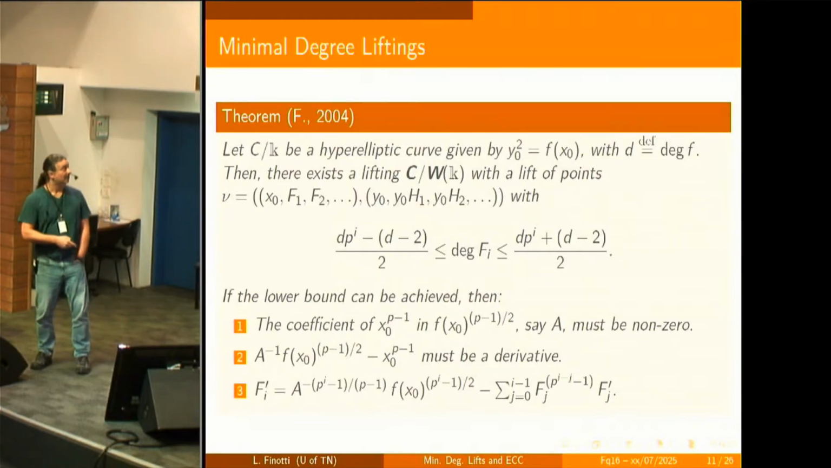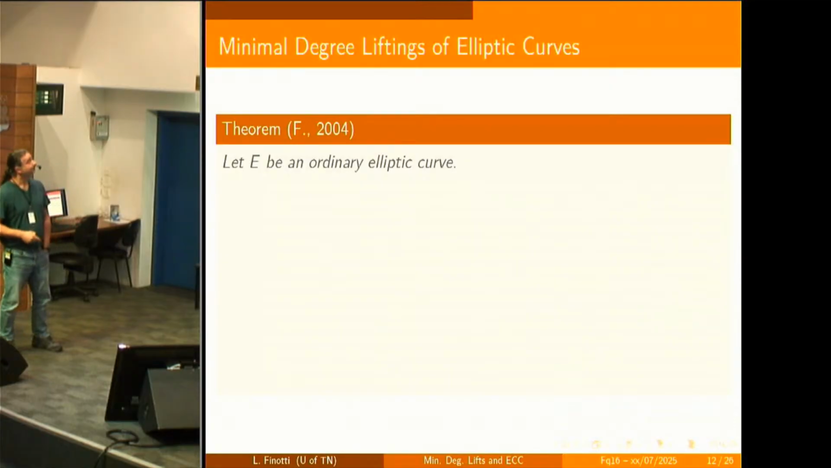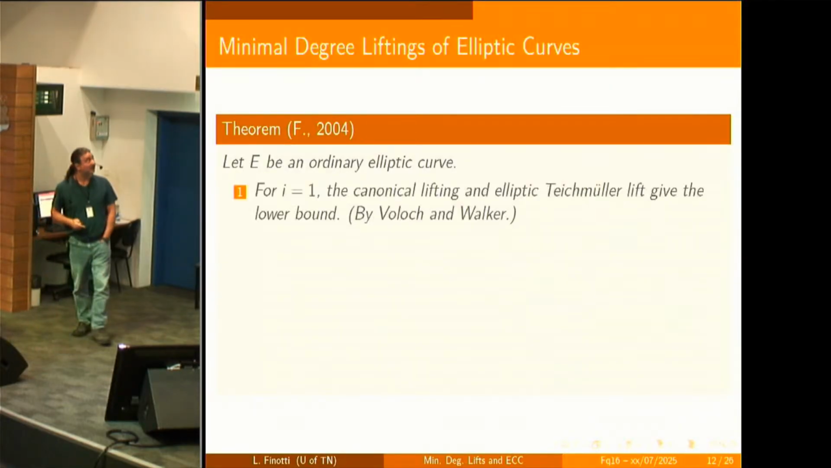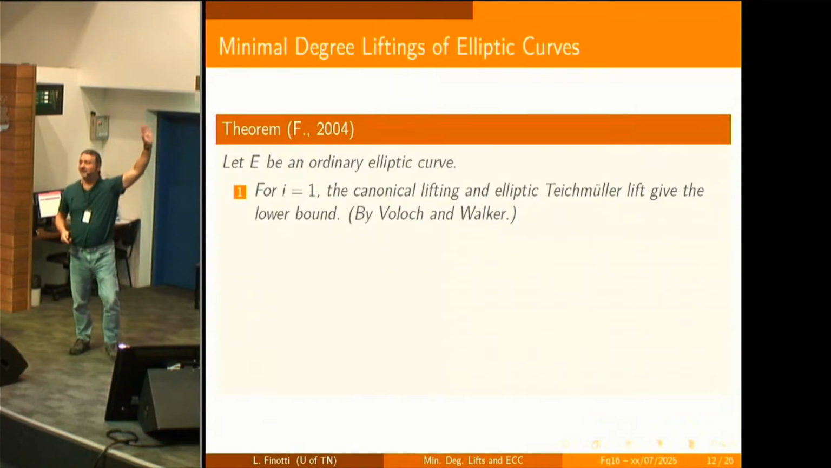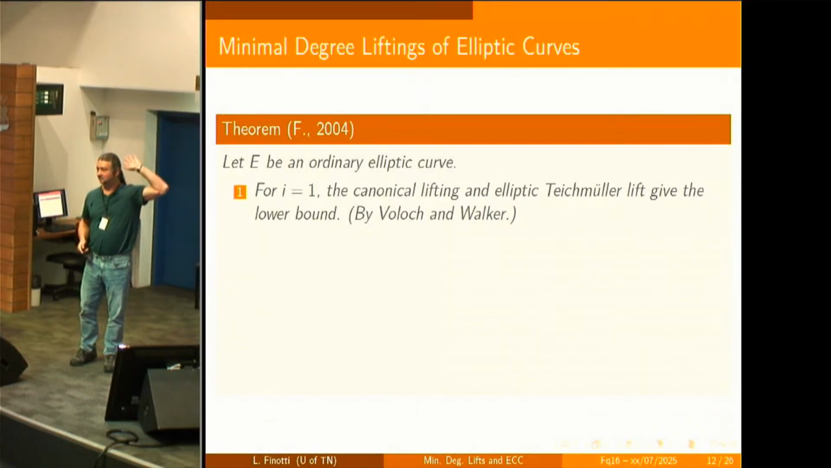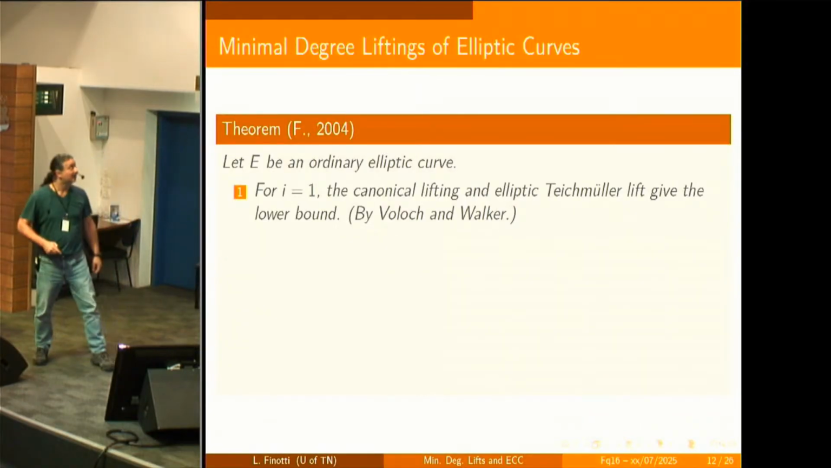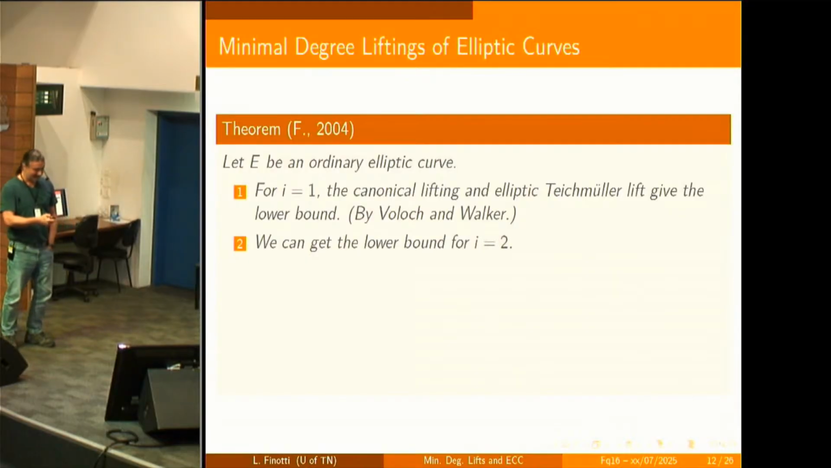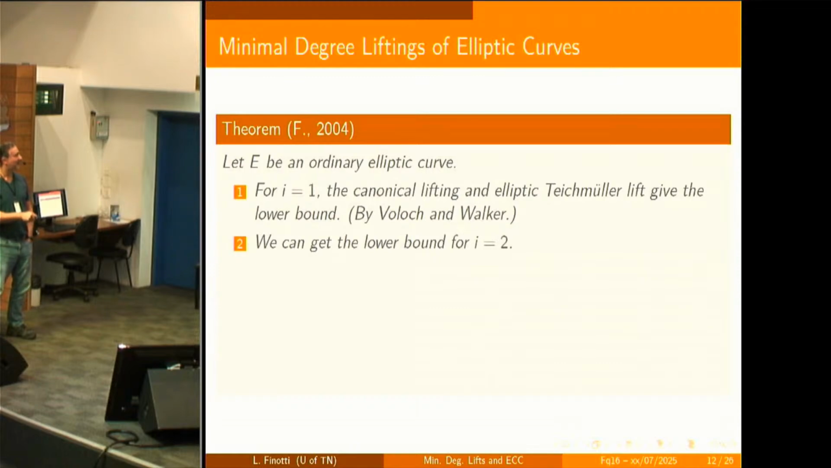Now, if you start with an ordinary elliptic curve, that's an interesting case, because Voloch and Walker already dealt with the case i equals 1. That's the elliptic curve, and the Teichmüller lift is the best. As I mentioned before, we can get better bounds than the Teichmüller for i equals 2. So I'm starting with only the curve at the bottom here and trying to find the best one on top and the best map. Up to the second coordinate, Teichmüller,